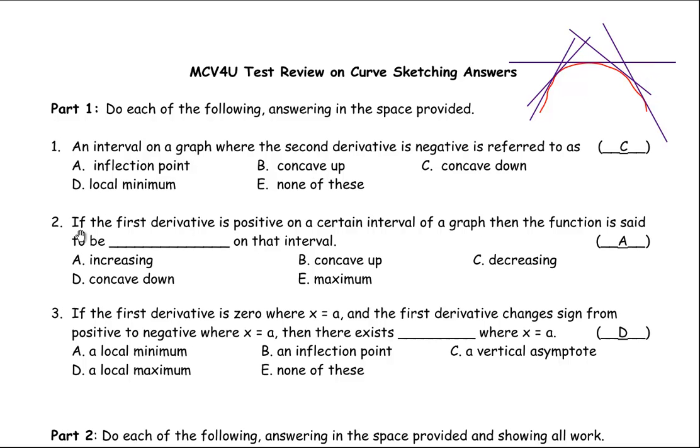For question 2, if the first derivative is positive on a certain interval of a graph, then the function is said to be, and the correct answer is, increasing. And so if I draw